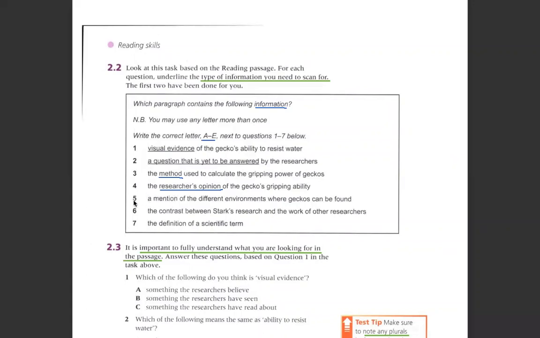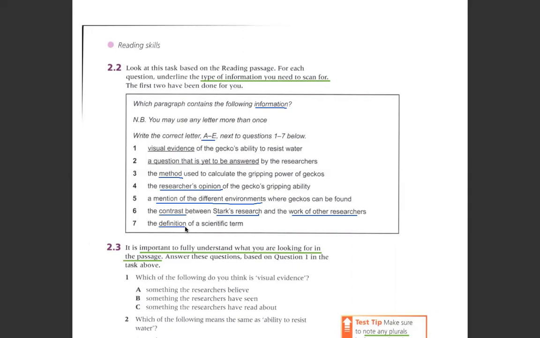So that's important. What about number 5? What are we looking for in number 5? Great, different environments. When it says a mention, it just means that they're spoken about. Number 6. Okay, good. The word contrast is important. So the difference between her work and others' work, but a contrast, meaning we're looking for some kind of difference. And number 7,